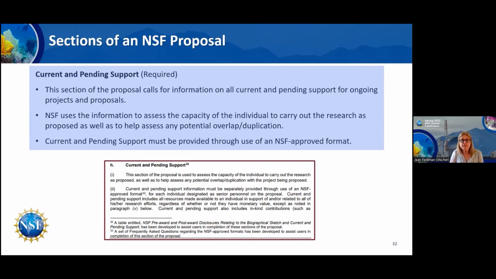So folks often ask, well, what does it matter if I have a lot of funding, or isn't that unfair to me if I have a lot of funding or I don't have a lot of funding? The bottom line, it's important for you to be honest and comprehensive about what it is. Judgments are not being made on that aspect. If you go to the next slide,